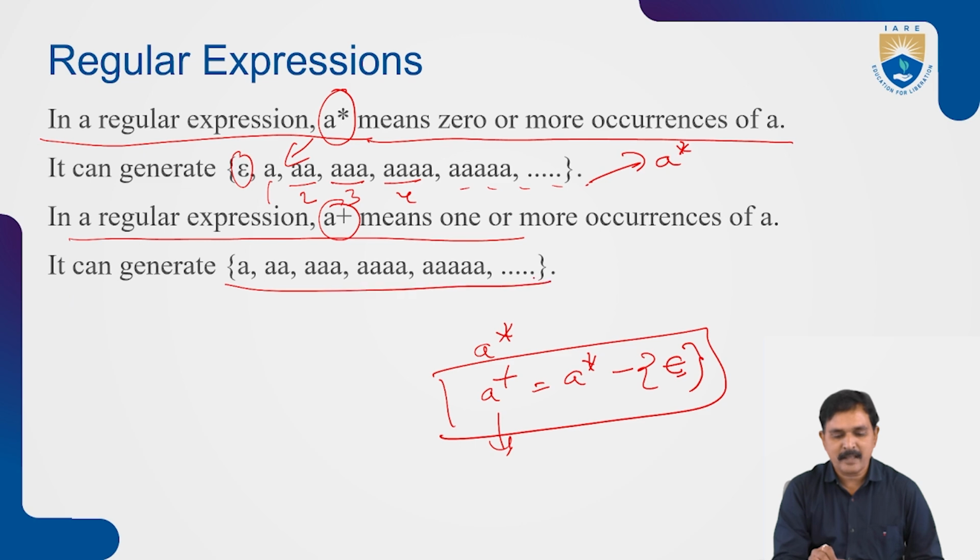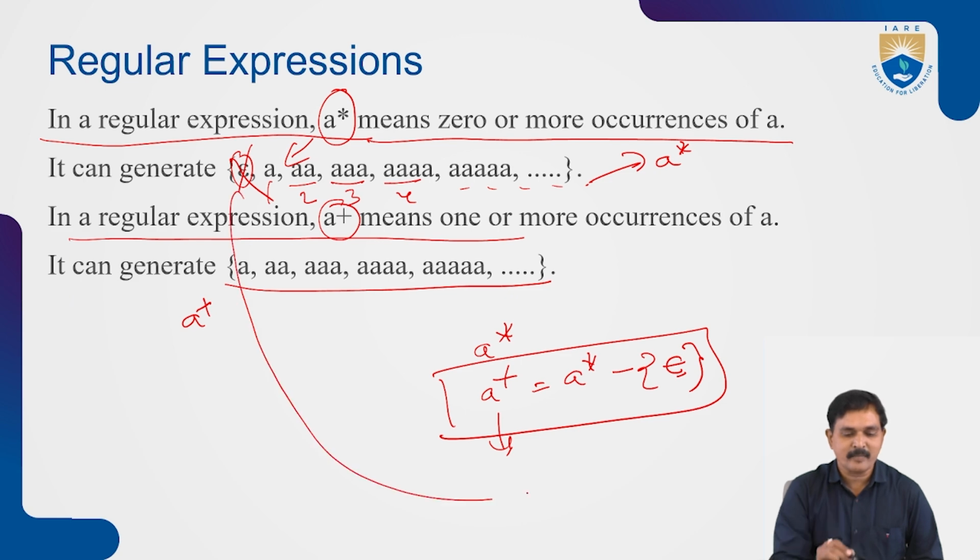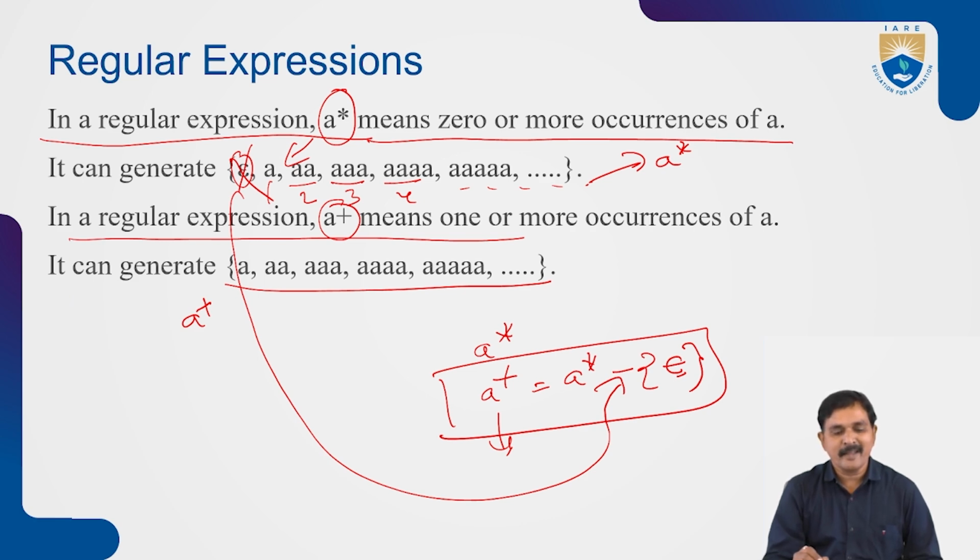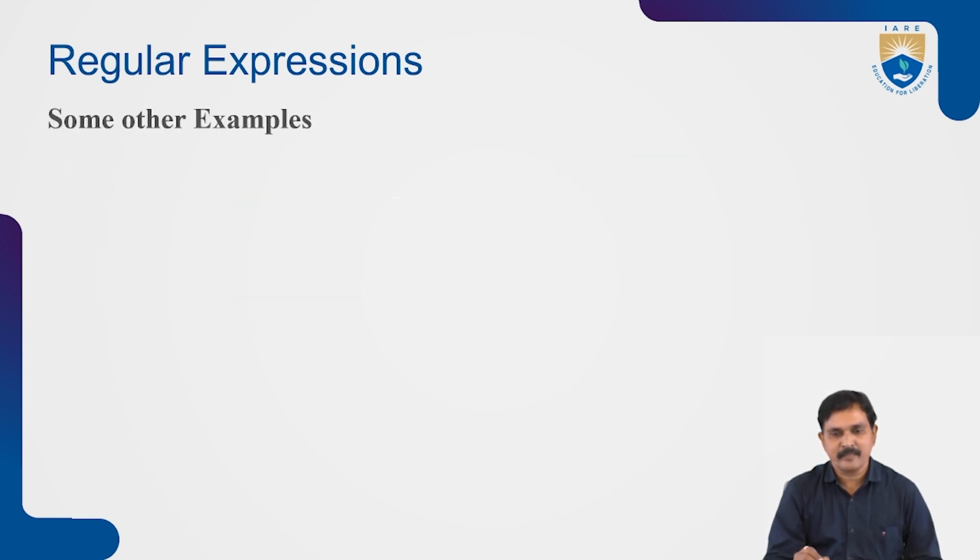This is called A plus. So hence you have to check what the set is. This is called the A plus set. Here you cover every string of A star except the null value. The null value is excluded. So these are the ideas of A star and A plus.